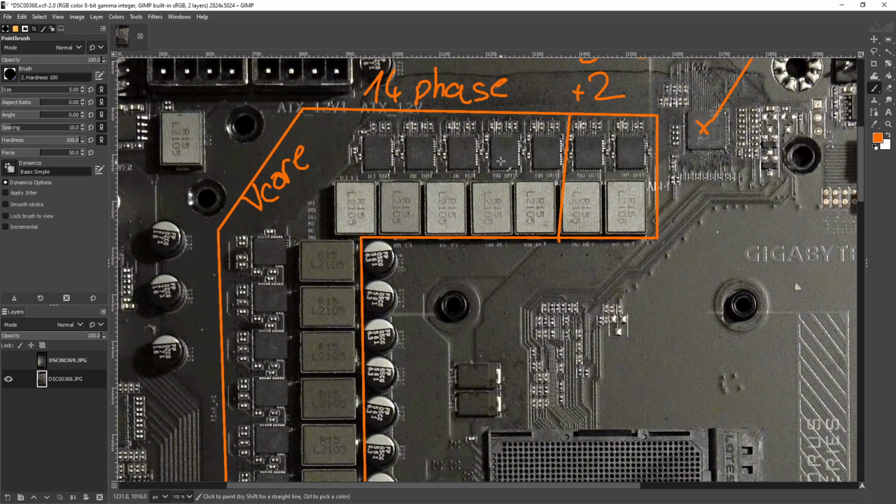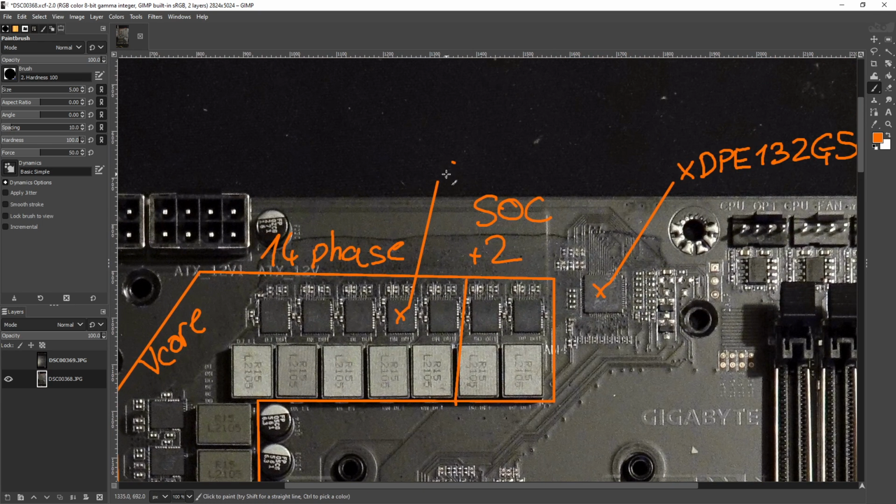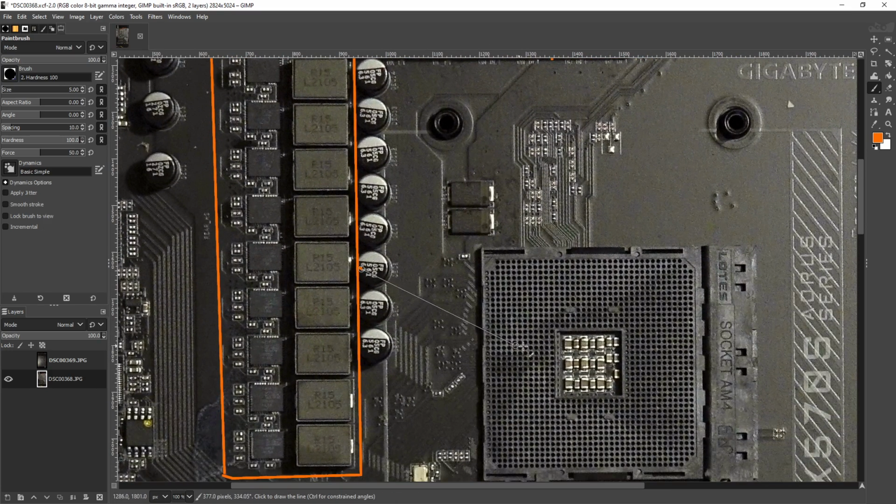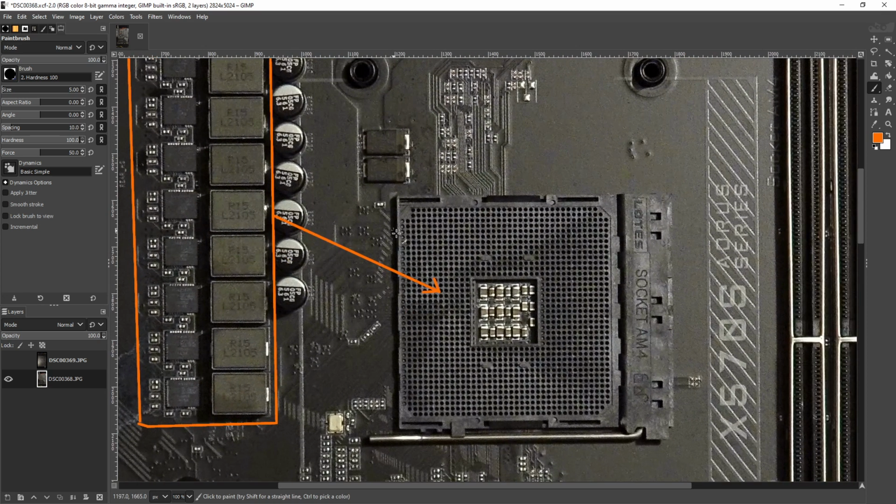For the actual power stages, we're looking at a bunch of TDA21472s. These are 70 amp smart power stages, also from Infineon, and they're ridiculously efficient. So this VRM will have absolutely no issues powering anything you can put into this socket. You know, with 1.2 volts output